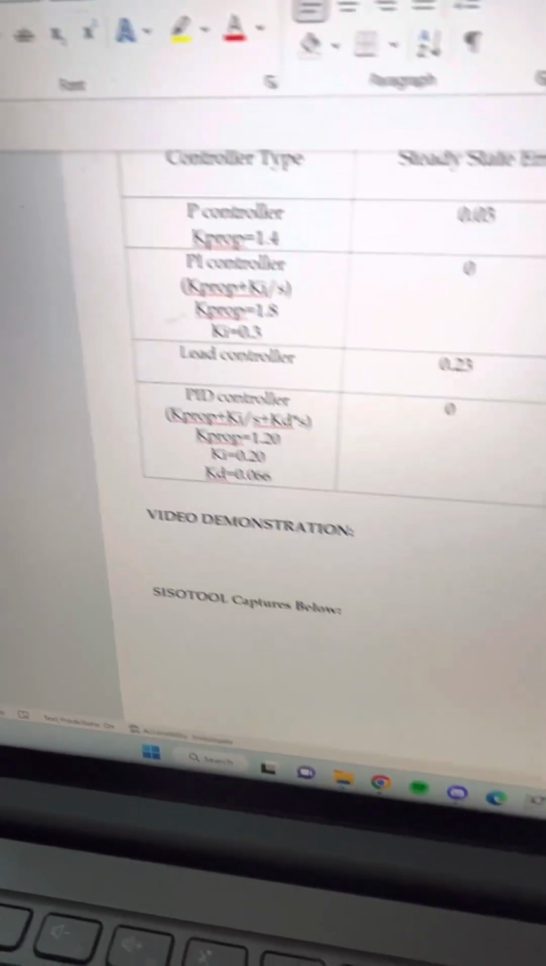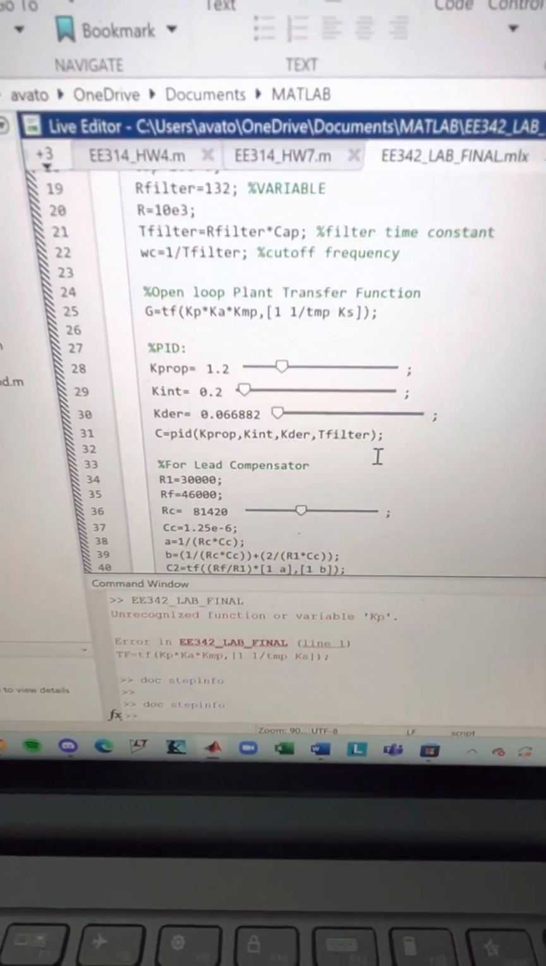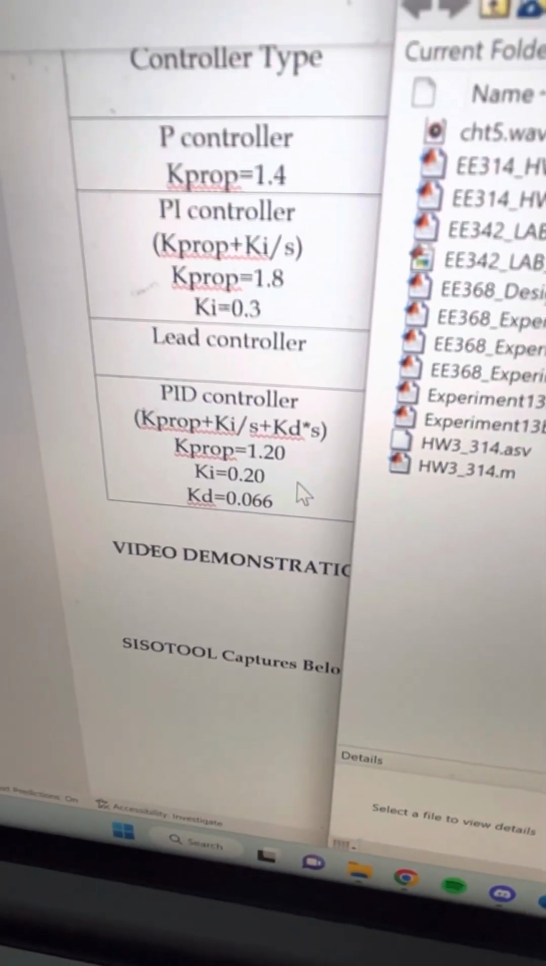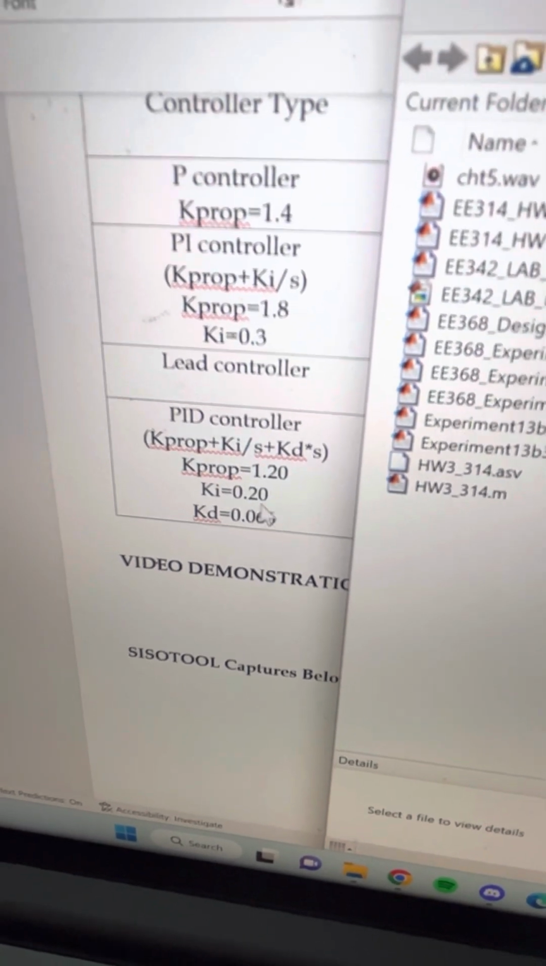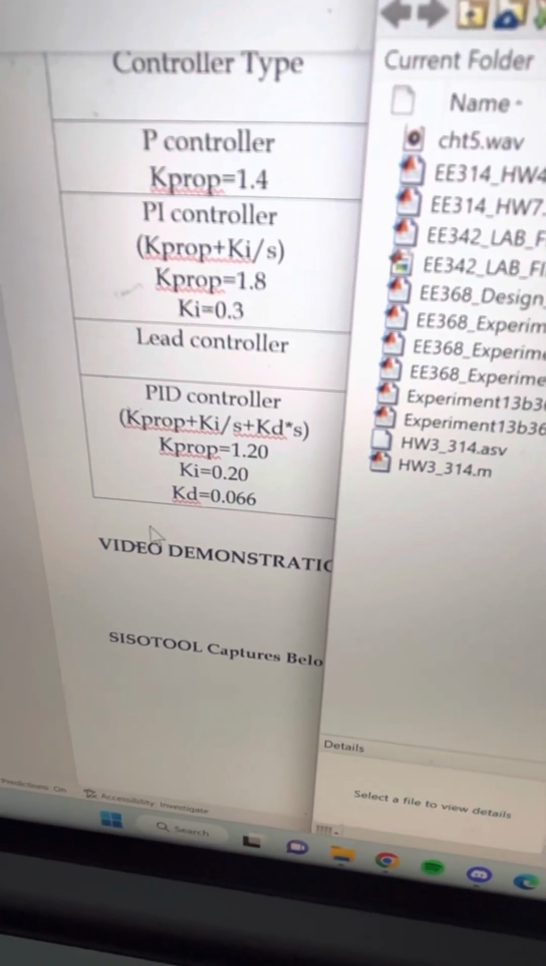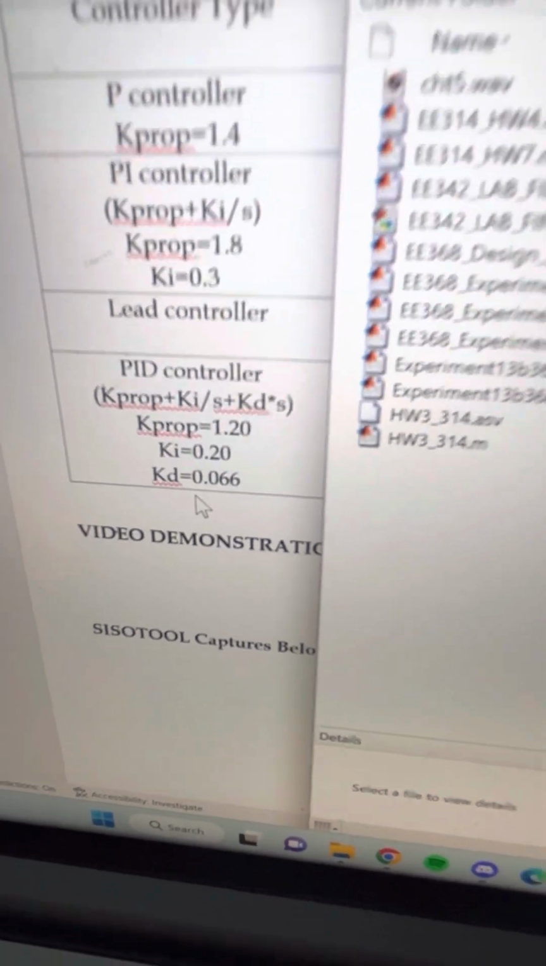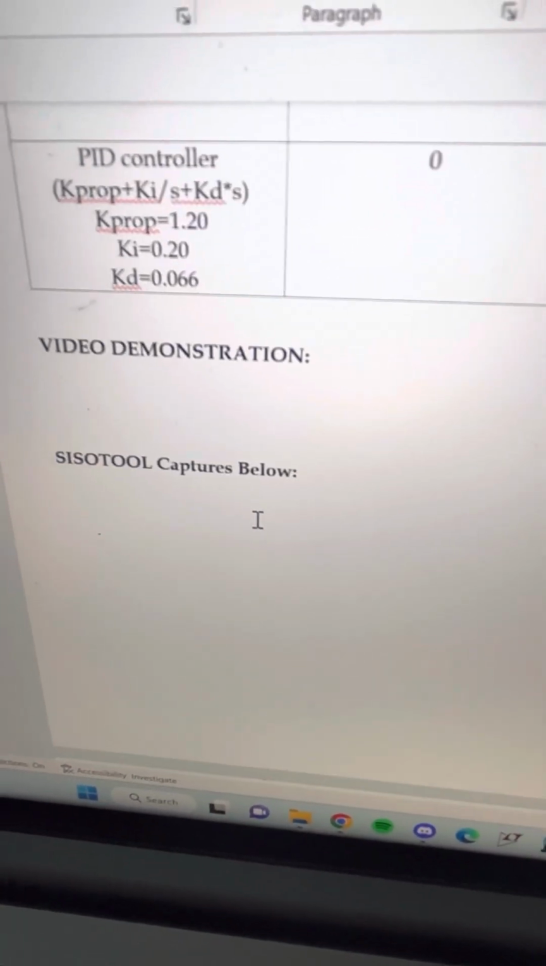For the PID controller, I again used my sliders for the PID constants. I found that when I set the proportional control to 1.2, the integration control to 0.2, and the derivative control to 0.066, I was able to get this response curve, which at first I didn't get because I